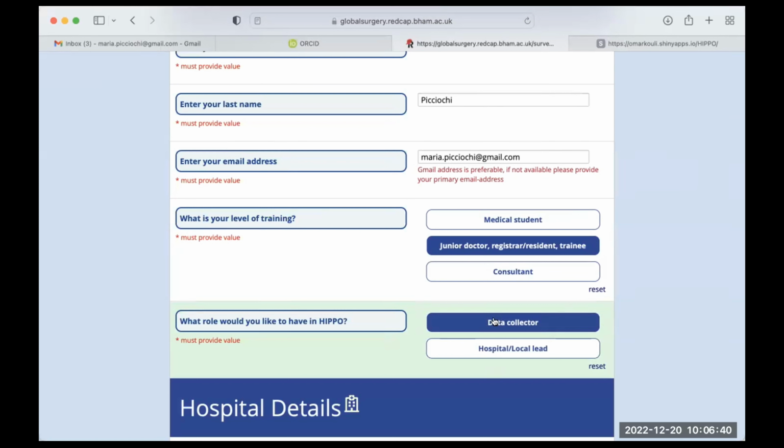Okay, clear. So it means if you are registering other surgeons who are in different teams, then they will be something like data collector and collaborator. Thank you. Exactly. It's clear now. Thank you.